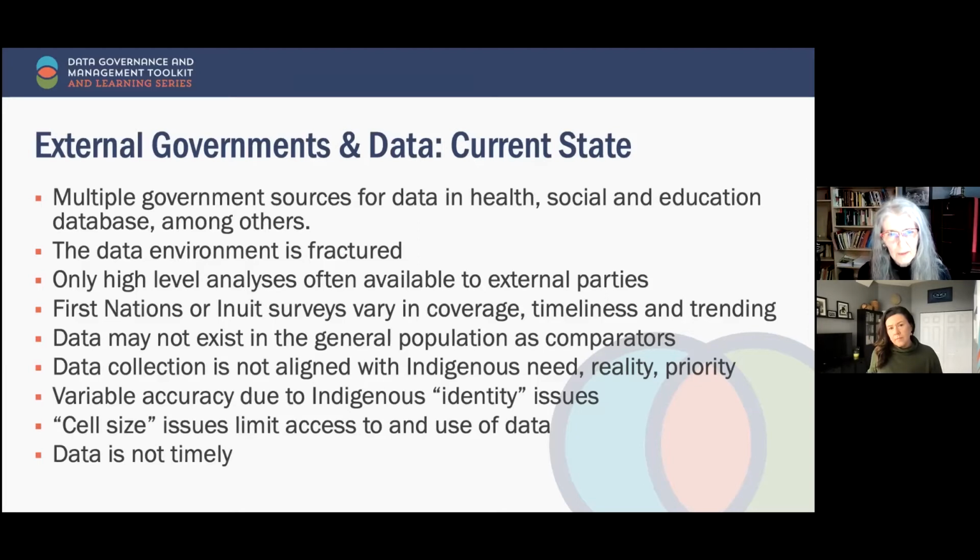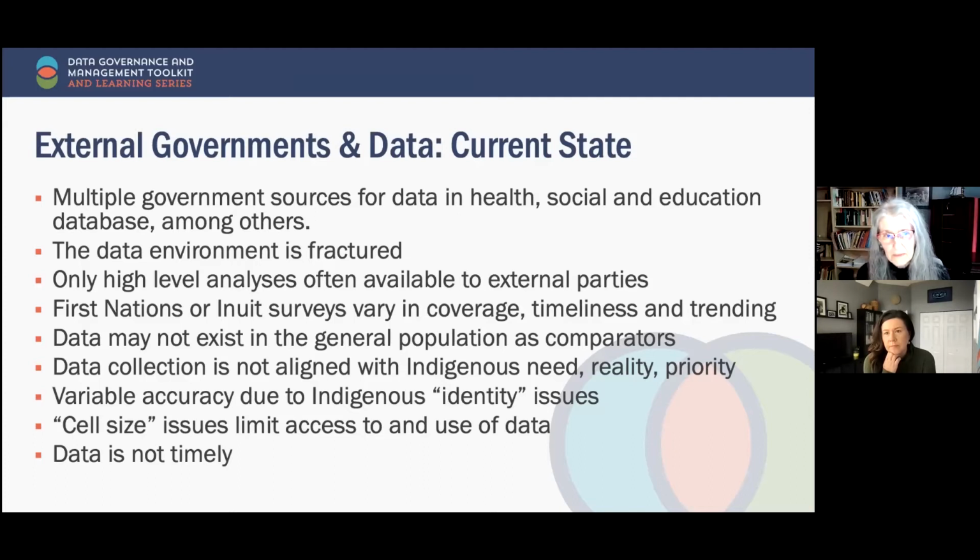When it comes to, okay, so we've come through all these barriers, but government says, yes, there's Indigenous data there, and then we have a process, you can access it. Now it comes to, what are they actually collecting? Have they collected through self-identification, meaning if a person comes up to a point of service, for example, the hospital, and they can self-identify as being Indigenous, they may not want to, right? There may be safety issues. So that introduces a bias in the reporting and a bias in the data.